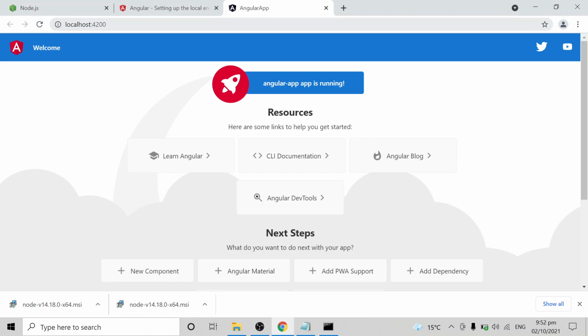You can see now that the Angular application has been opened successfully on port 4200.